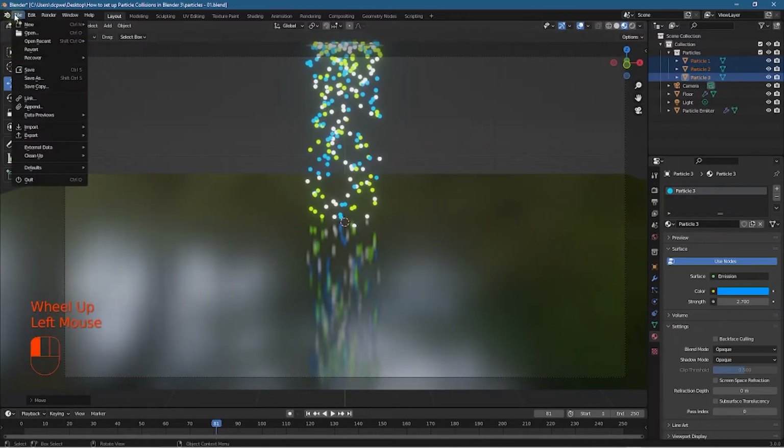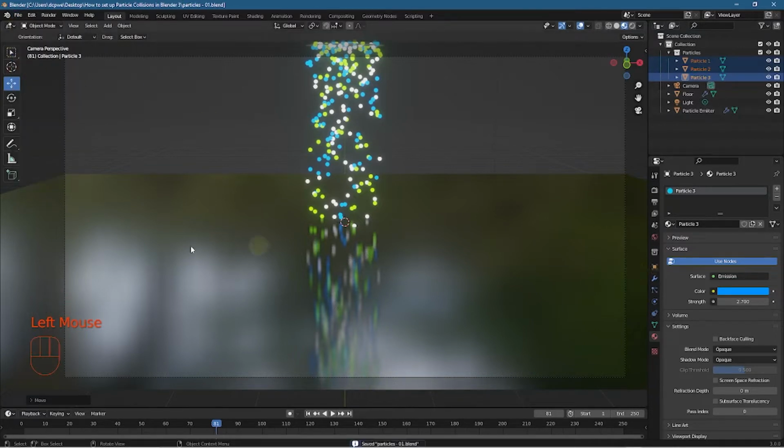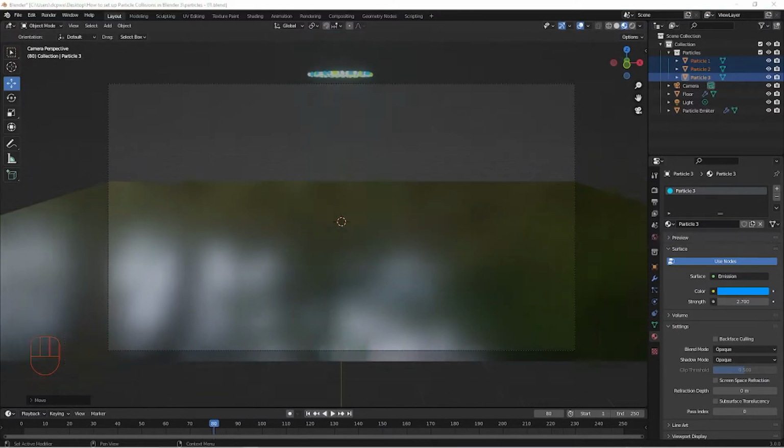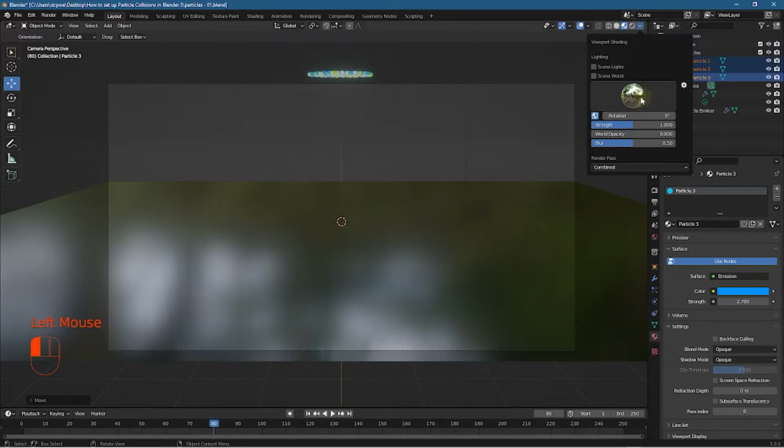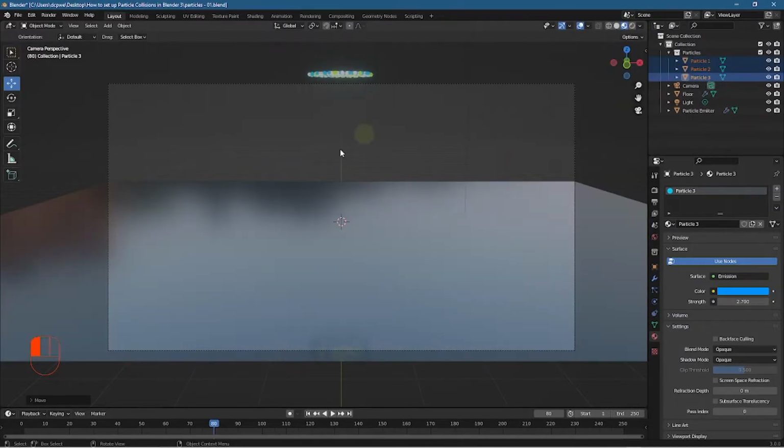So if we zoom in here, we can see what the camera sees. So we've got a basic particle simulation up and running, but let's tweak this a little bit and improve it, and let's play around with the particle collision as well. Okay, at present we're using some default lighting inside Blender, so we can see if we click on this option here, Viewport Shading, click on the little drop down, click on this little box here, and these are like the default HDRI maps that you can click on to see your